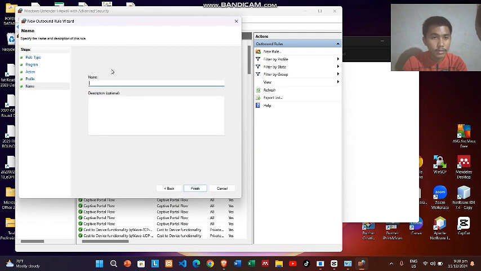and click next also, then name it block com scanner out. The com scanner is blocked out. So just click finish,